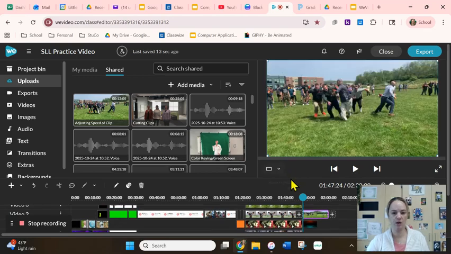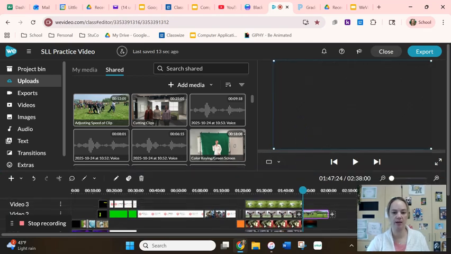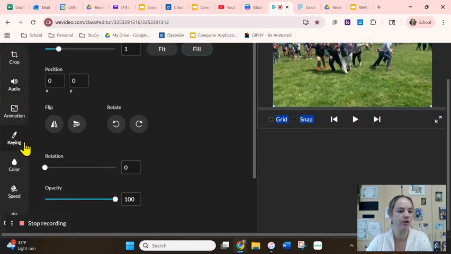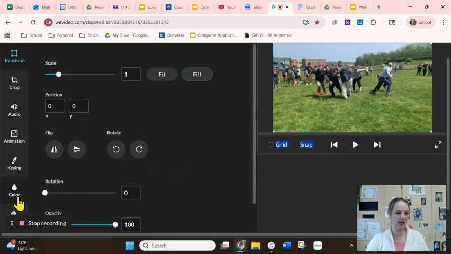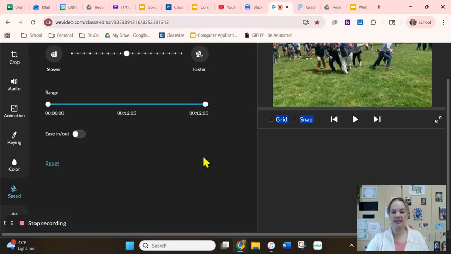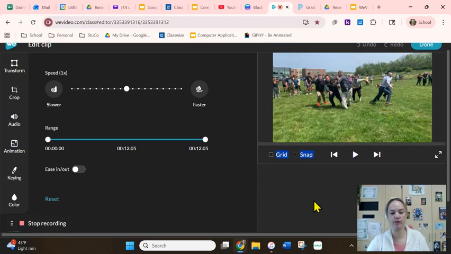And then we are going to double click it to get to the settings, the different things you can do to this clip. And we are going to go down here to the little speed snail icon. And this is how this works. So if we look at the video in regular speed,